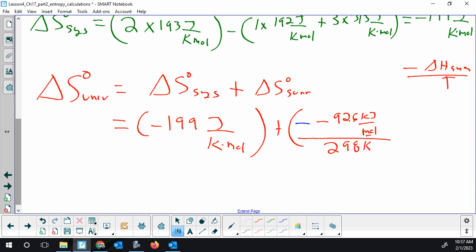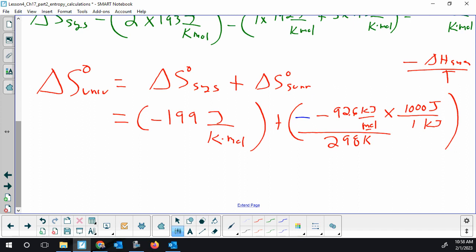The surroundings is going to be calculated, but the units aren't going to match. I'm just going to throw in a unit conversion. I got joules here, but I got kilojoules there. So I'm just going to convert them both to joules. So I want to get rid of my kilojoules and get joules. So both terms are joules. There are 1,000 joules in a kilojoule. And we're almost